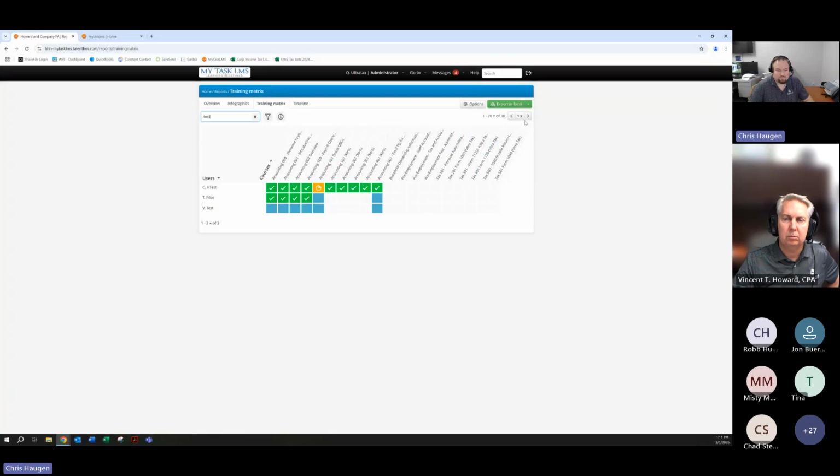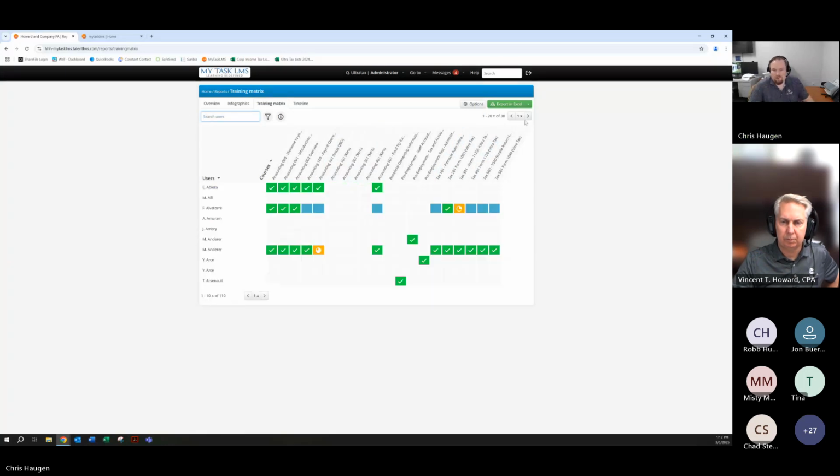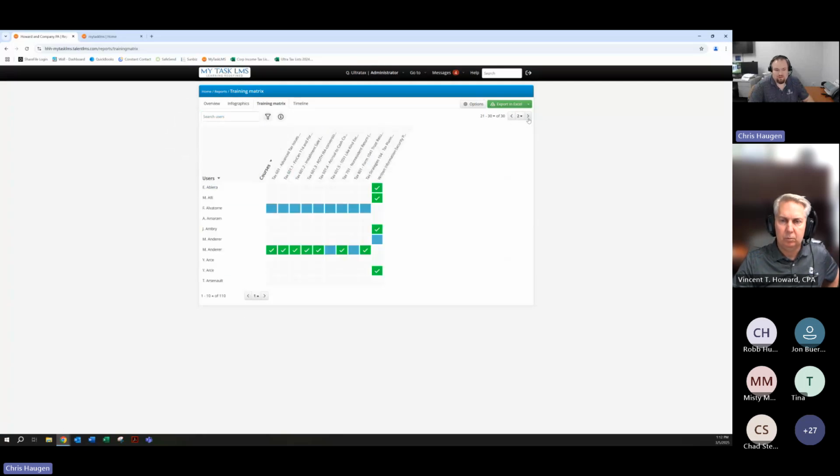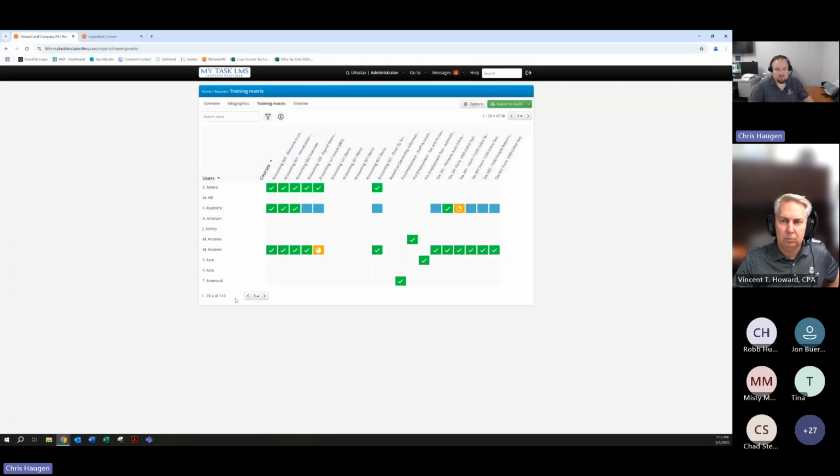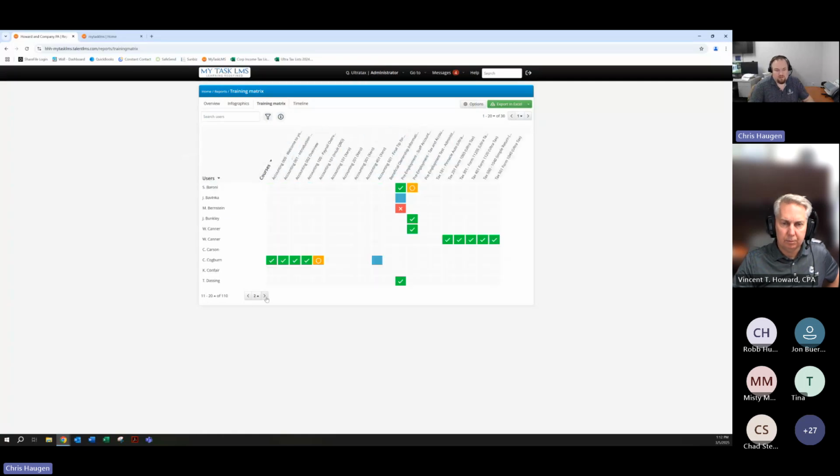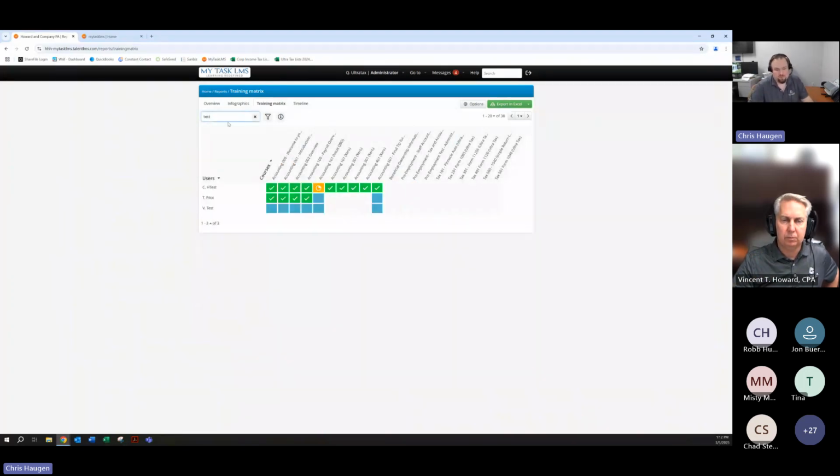The other side to it, if I take out this test, there's these two next tabs. This focuses on courses, so you can see all the courses across. And this focuses on the users. That way you can go through users, or you can type a specific user to see their progress.